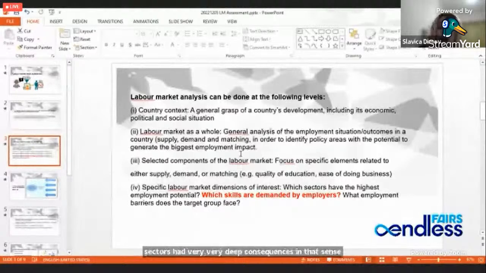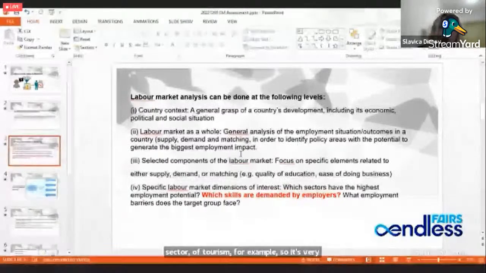Some kind of example would be interesting in the sector of tourism, for example. So it's very important to take as a whole the country context when we start our labor market analysis, and where we start with the analysis as a whole. Then